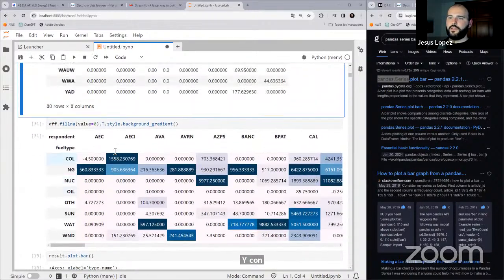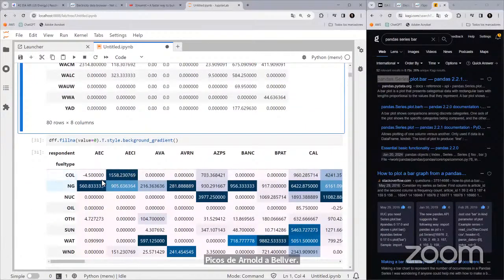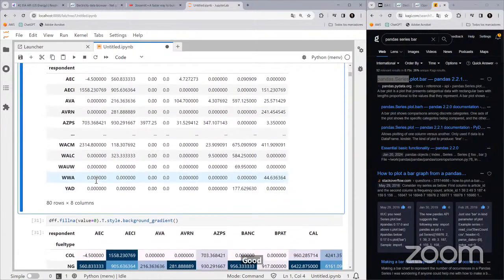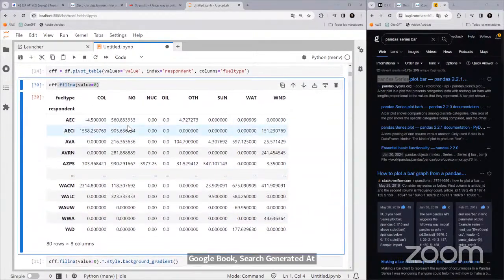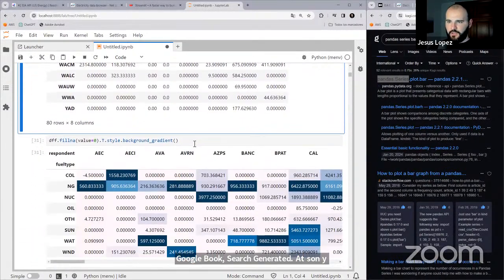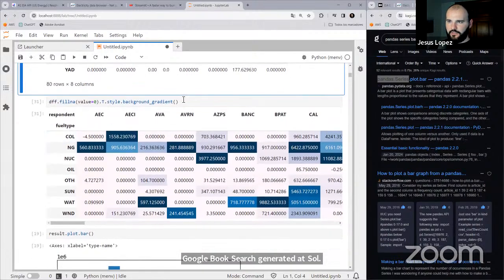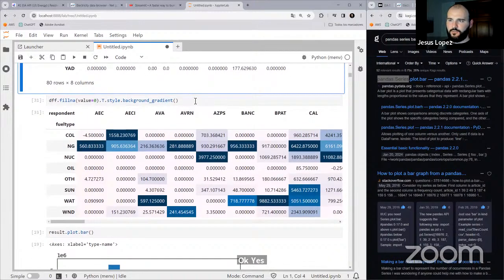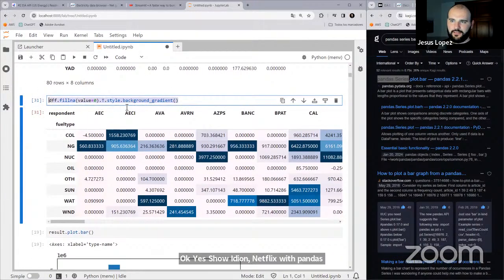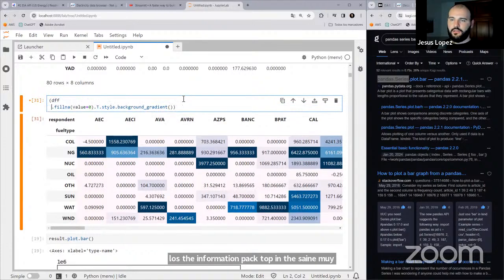Good. Can you set the number of decimals? Sorry? Can you limit the number of decimals to just one? Okay, yes. So I don't know if you have done this with pandas, but to not have all of the information packed up in the same line, we can surround them with the brackets, and then we can go line by line